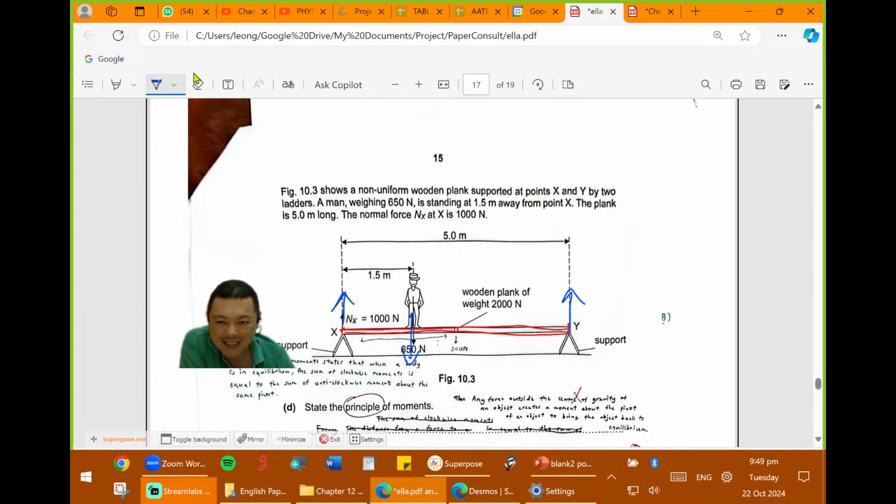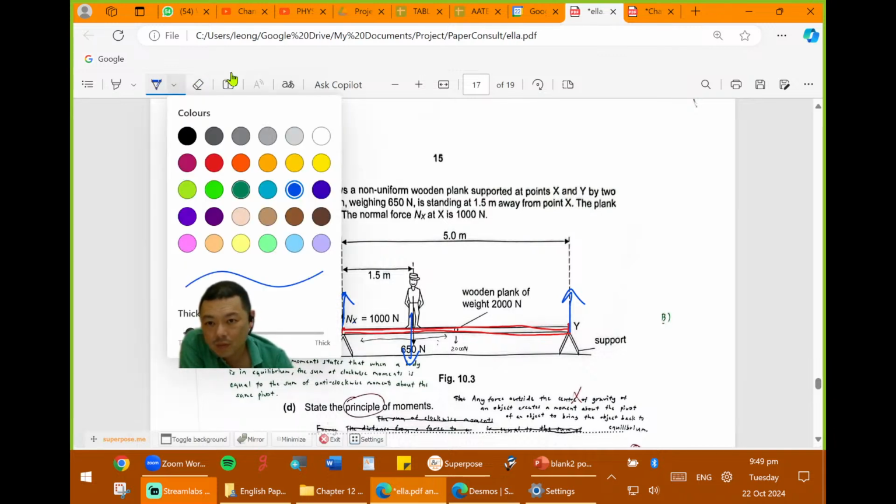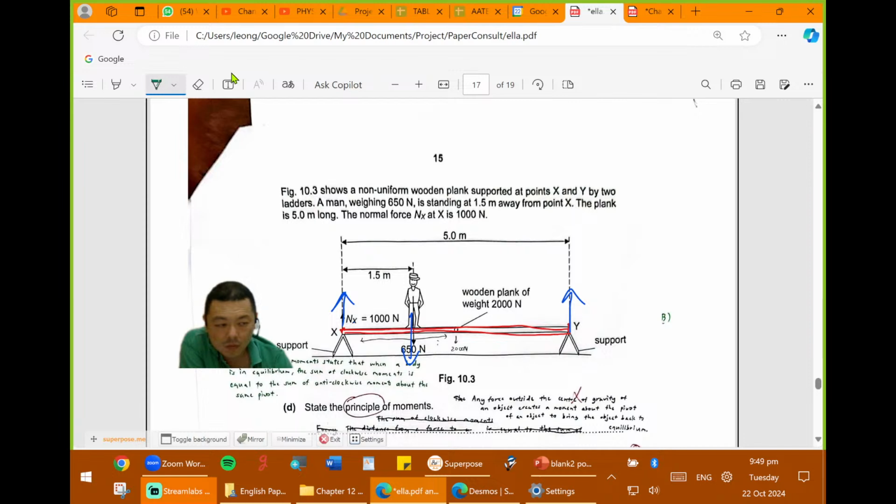So what's the next step? The next step is that we got two pivots, right? So what should we do? No, we got two pivots. We choose one to be the pivot. Yeah, we choose one. Okay. So do you want X or do you want Y to be the pivot? Based on your choice, right? That's where you will be able to find or not be able to find the weight of the plank. I think that was a problem.